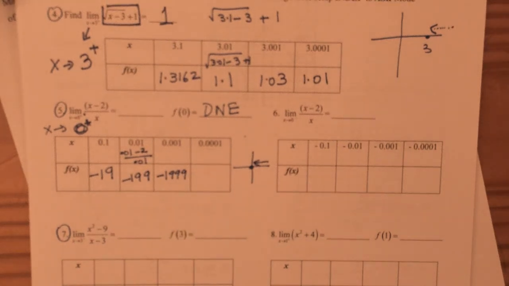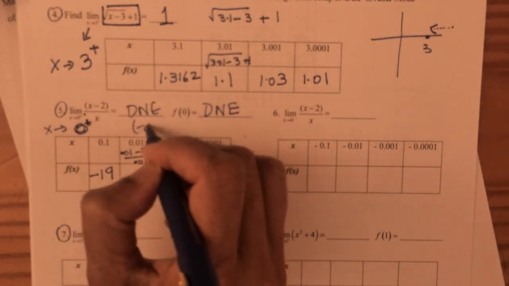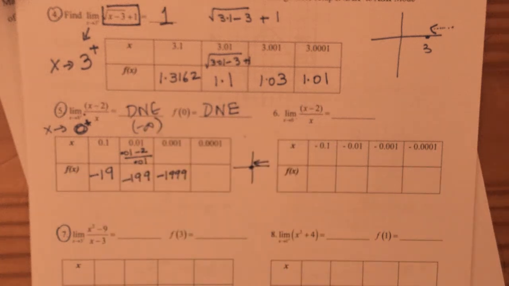It's really not getting close to any particular number, so it does not exist. It's basically getting close to negative infinity, because you see it's getting smaller and smaller and smaller, so it's actually approaching negative infinity. So I hope you're getting some clarity as to what we